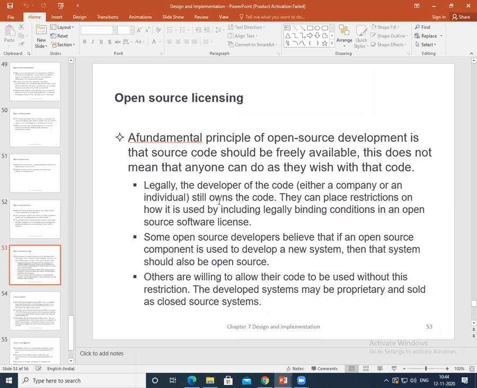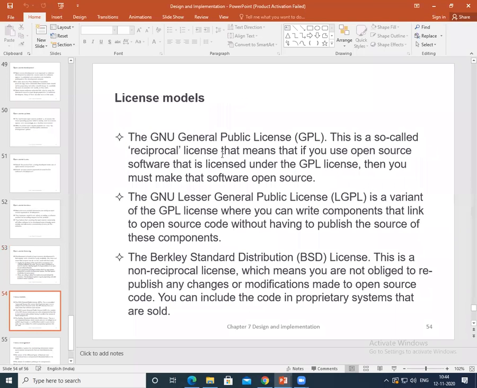This consists of several concepts: license model, general public license. What are the different types of licensing models? The question could be to list the various licensing models that come under open source licensing. There are three types, and you should be able to specify them. Just remember this and you can answer it.